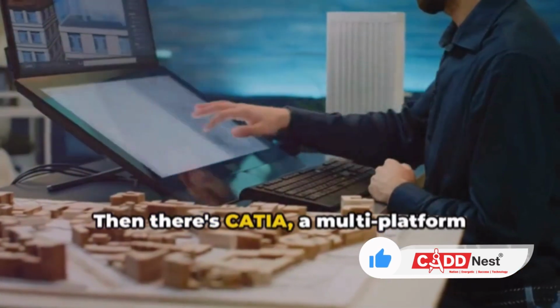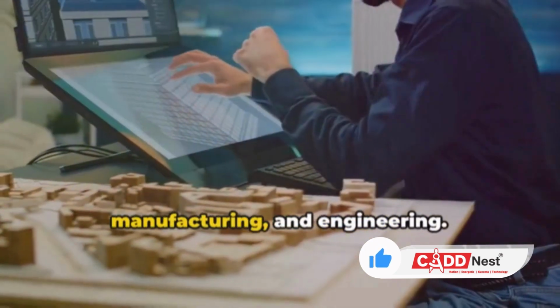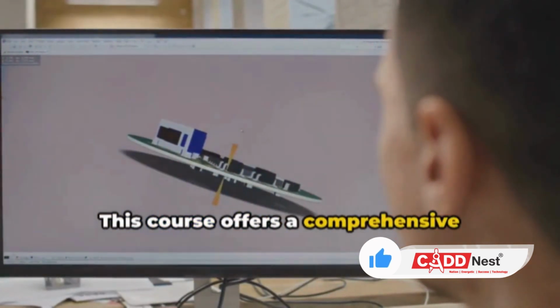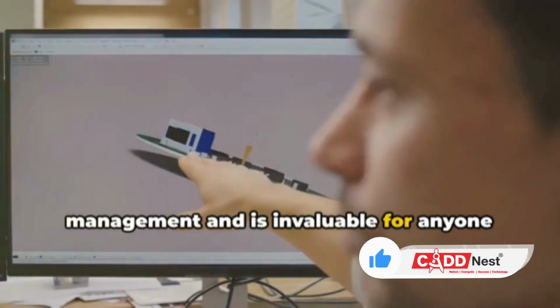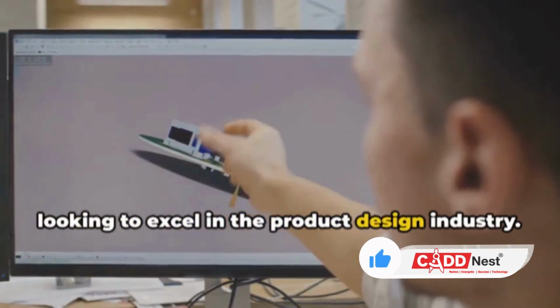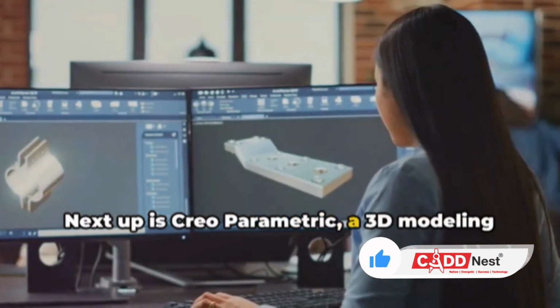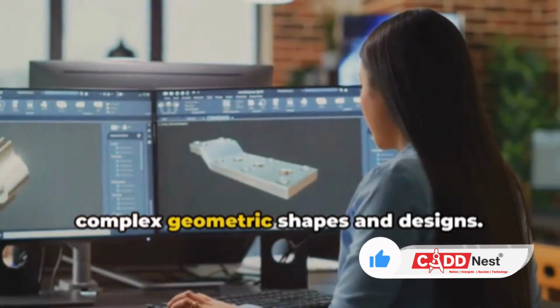Then, there's CATIA, a multi-platform software suite for computer-aided design, manufacturing, and engineering. This course offers a comprehensive understanding of product lifecycle management and is invaluable for anyone looking to excel in the product design industry. Next up is Creo Parametric, a 3D modeling software that allows users to create complex geometric shapes